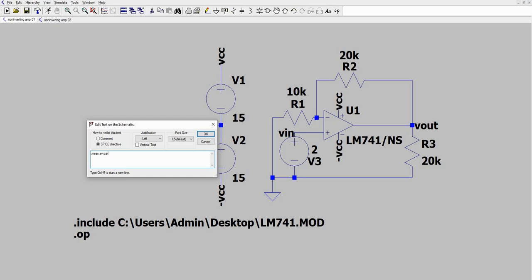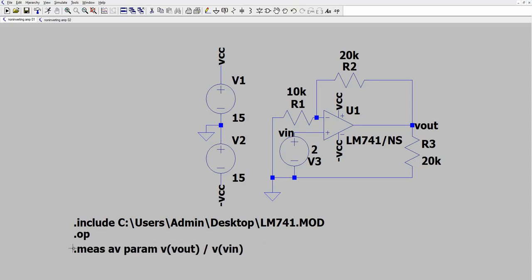Then for the parameter, which is to get the voltage gain, it is just equal to V out divided by V in. So just click OK, then place it here.